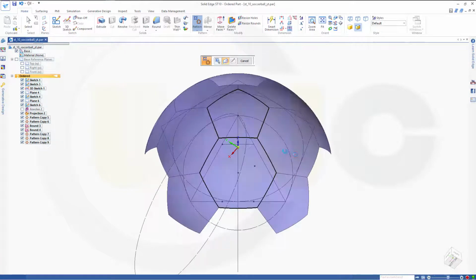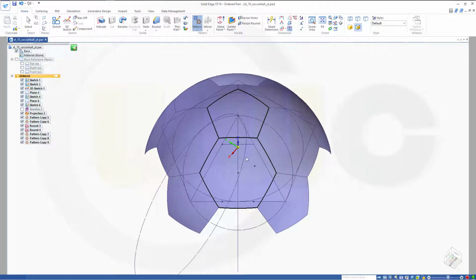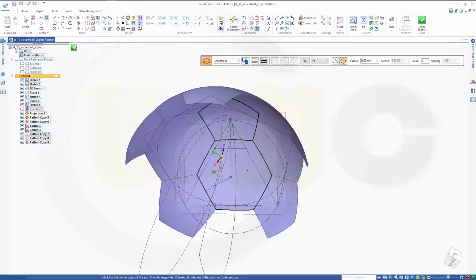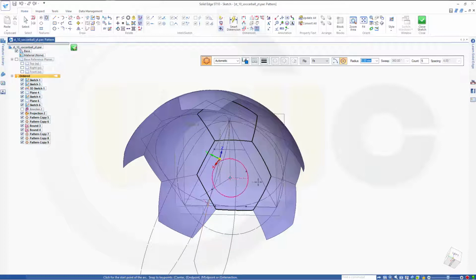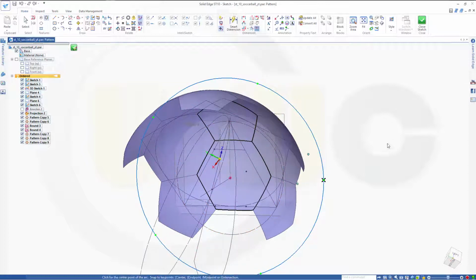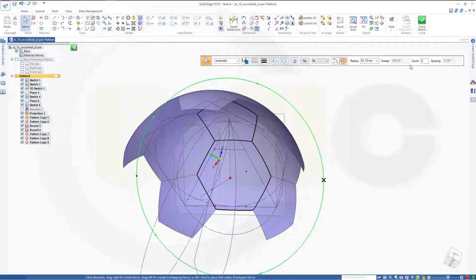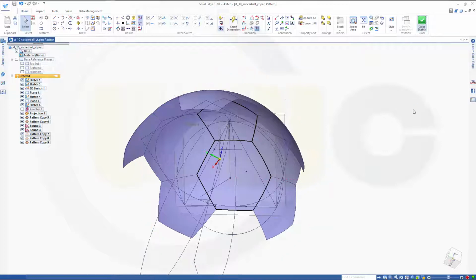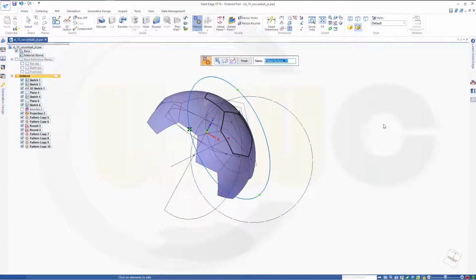This one. And I need the circle to be on that point, that direction, and I need 3 instances. Close that sketch, finish this one,